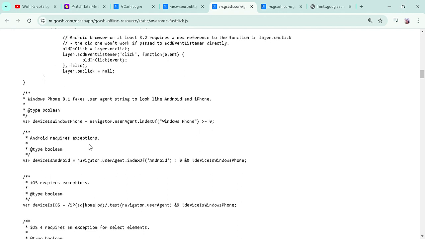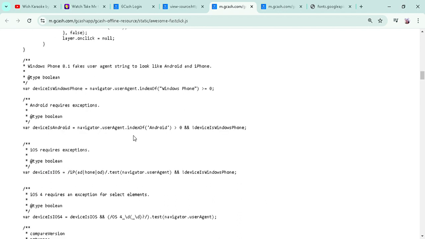Android requires exemption, then the type is Boolean. Var device Android, navigator user agent index of Android and not device Windows Phone. So if you use Windows Phone, like Android, it can also accept the iPhone, which is 8.1.